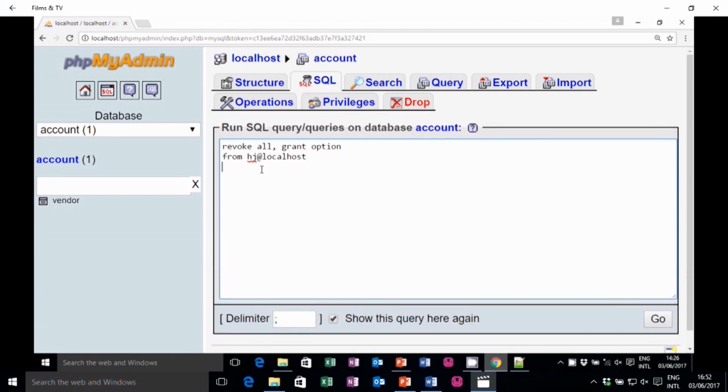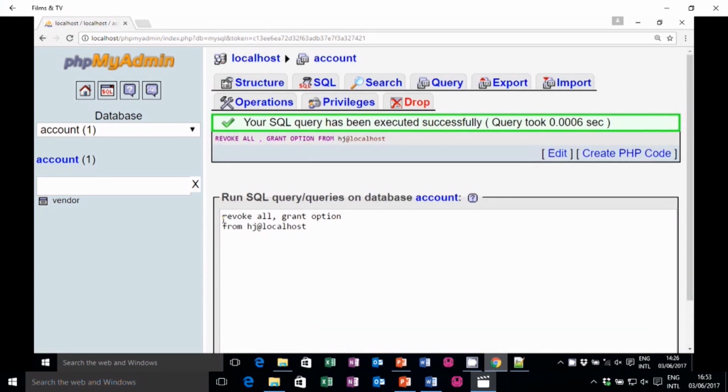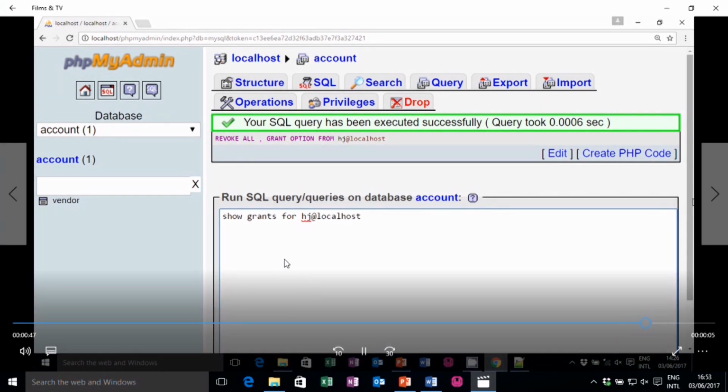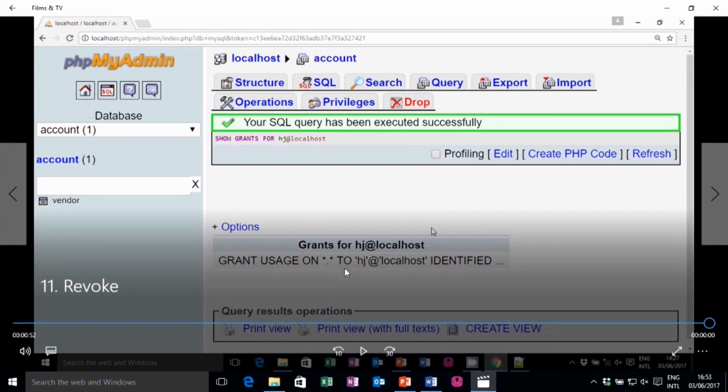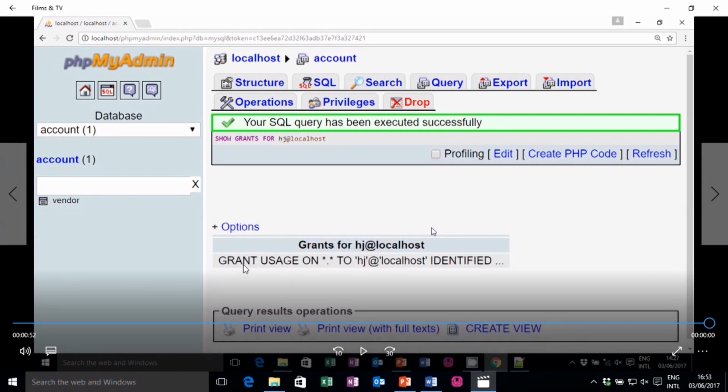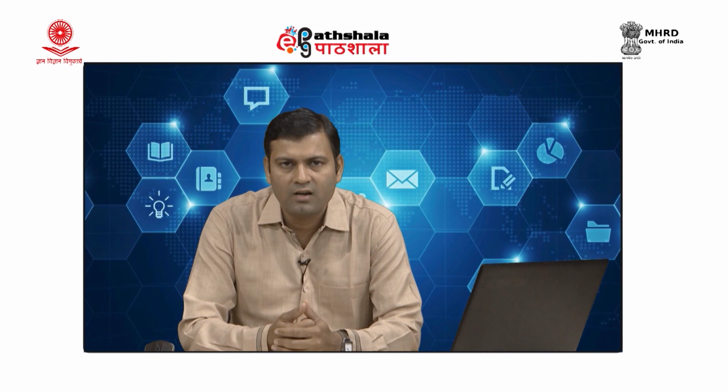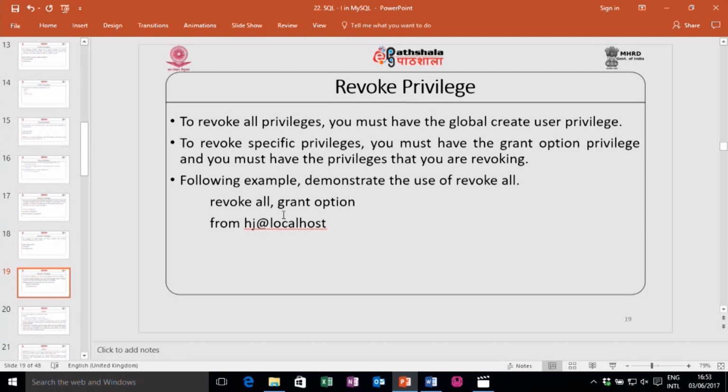And if you revoke all the grants or privileges and then run the show grants statement, it will show that it has no privileges. Just look at the syntax here: SHOW GRANTS FOR username@host, and click on the go button. So, it will show GRANT USAGE ON *. We know that grant usage is actually not very helpful. It is just a statement which allows you to work when you create a user and assign grants. So, this is about privileges.